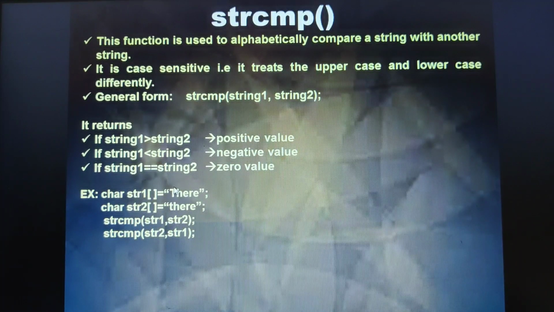So here actually what happens in string compare, they compare both the strings alphabetically. When they compare alphabetically, they start using the ASCII codes actually. With ASCII codes they start comparing. Okay, so let me explain this one with an example, but before that, let us see what is string compare i.